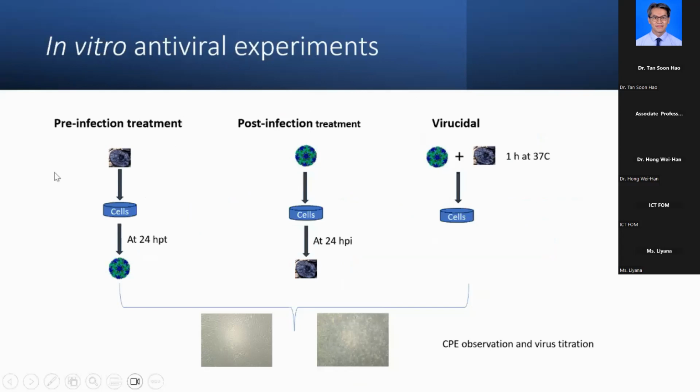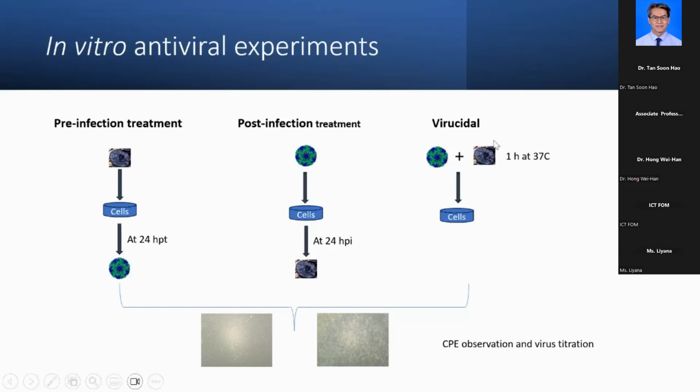Pre-infection treatment works like this. Firstly, the cells will be treated with the extract for 24 hours. After 24 hours, it is followed by virus challenge or viral infection. This is to see whether we can prevent the virus from infecting the cells if we pre-treat the cells first. The post-infection treatment is another way. We let the virus infect the cells first, and at 24 hours post-infection, only then do we treat the cells with